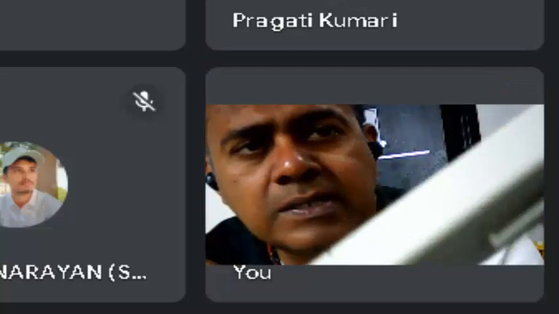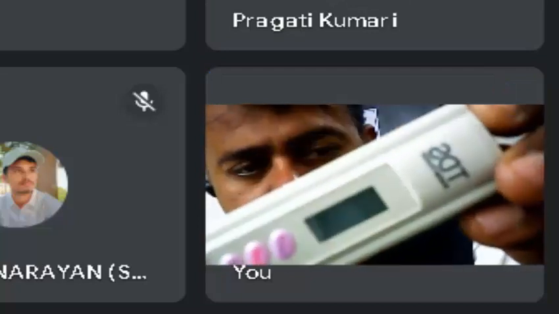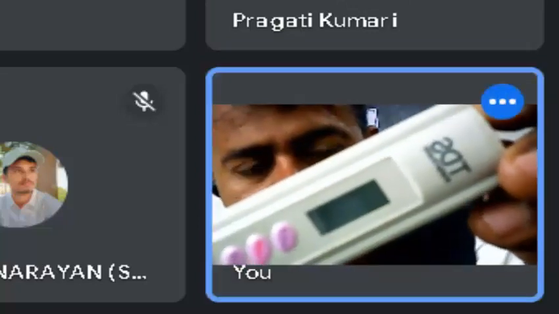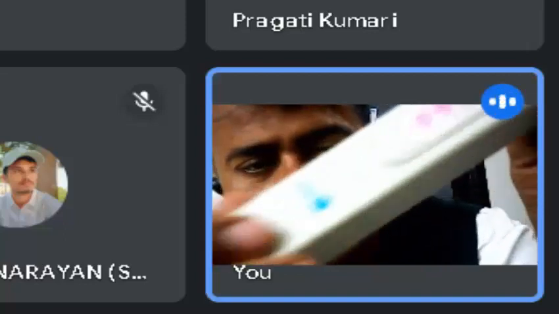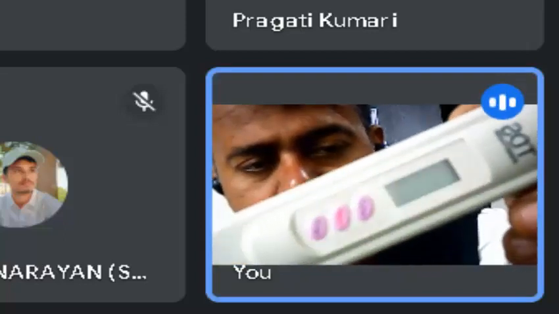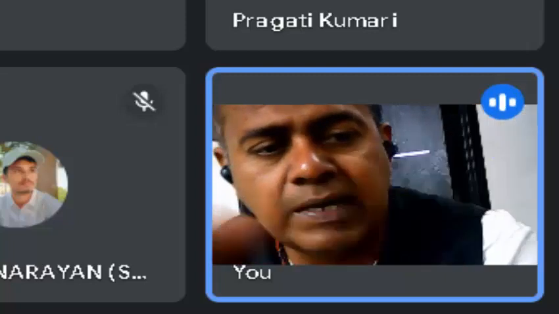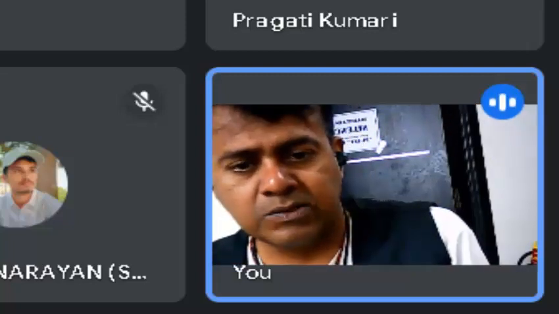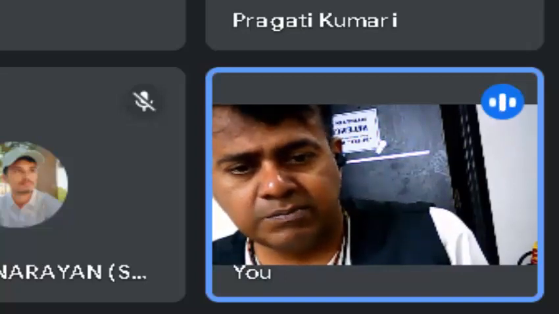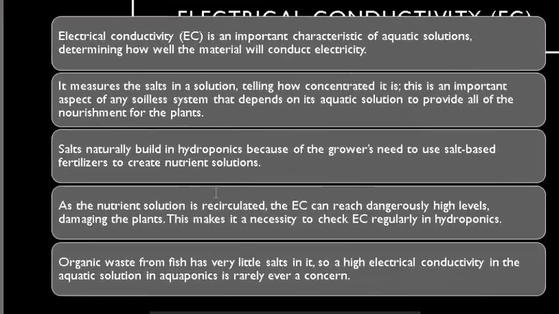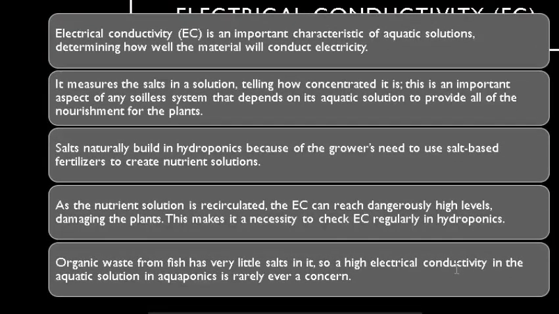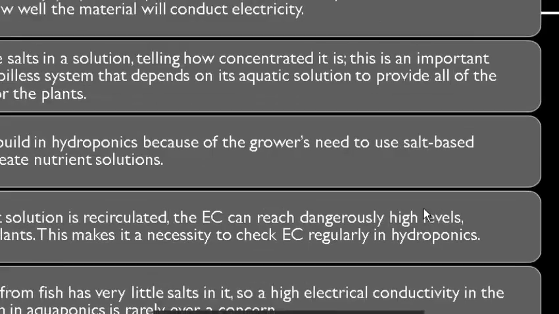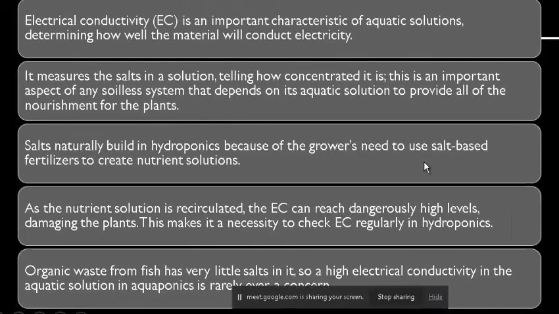This is called the TDS system. I think it's written here. TDS, you can read, on the top of the system. So this is giving you the exact value of the solid nutrients present in your solution. So we can measure both in terms of EC, electrical conductivity, which tells you about the quality of the water. If the water is hard,